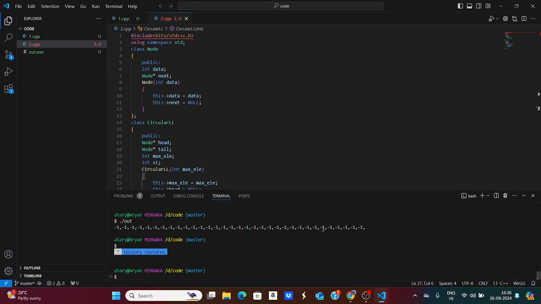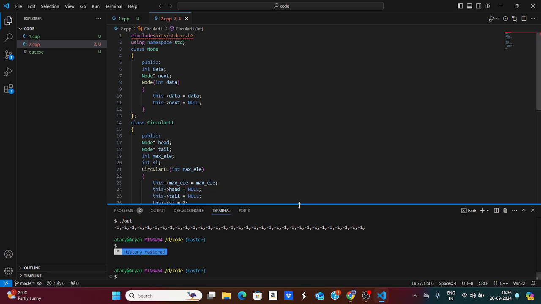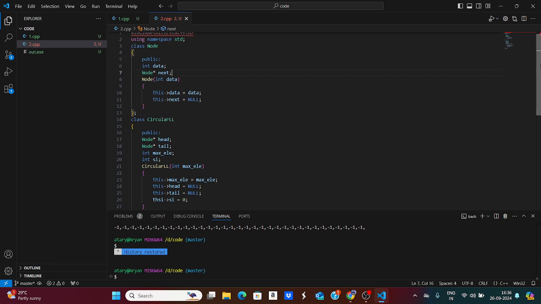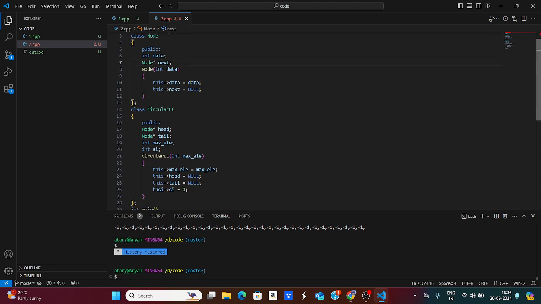Okay, so now we are going to discuss the code implementation of circular linked list. I have created the node class here, which contains the data and the address of the next node to which it points. Now coming to the circular linked list implementation,